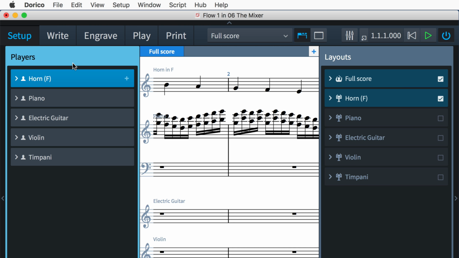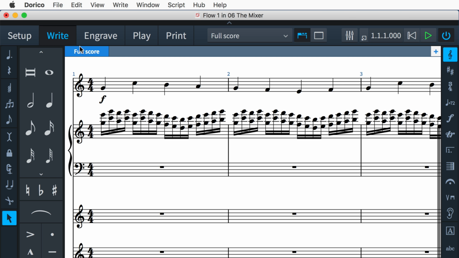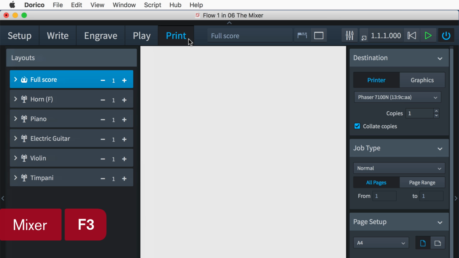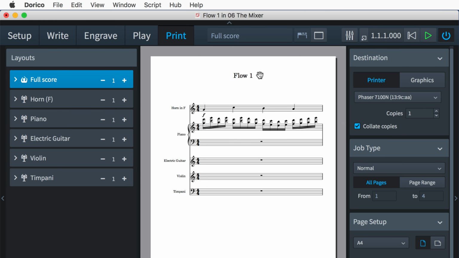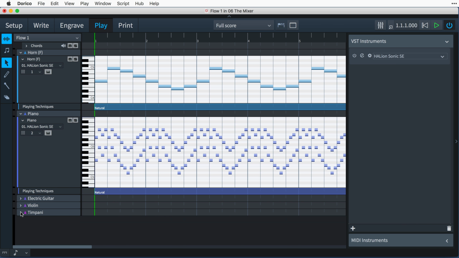The button to open the mixer is found here on the toolbar, so it is accessible from any mode. And you can always use the key command F3 from the function keys. I have a project here with a few instruments that I've added to demonstrate some of the capabilities of the mixer. And we can see in play mode that we have one instance of HALion Sonic SE, which has these